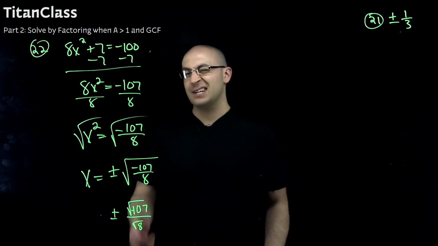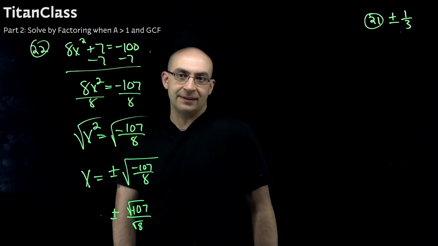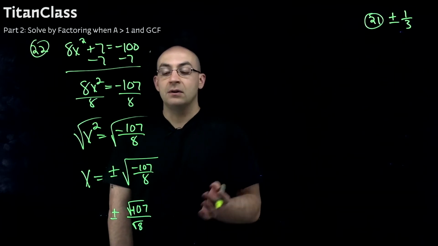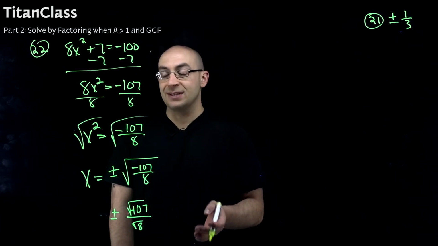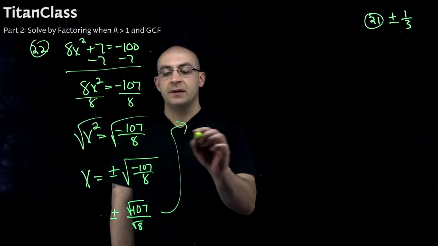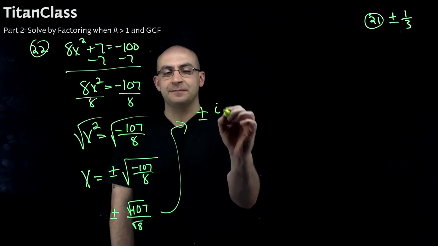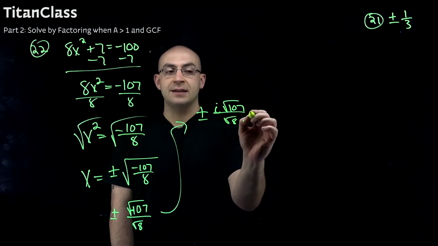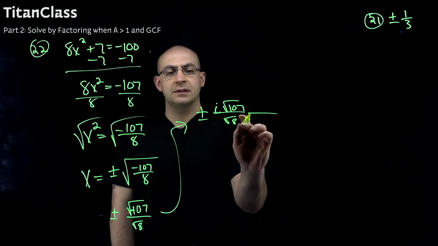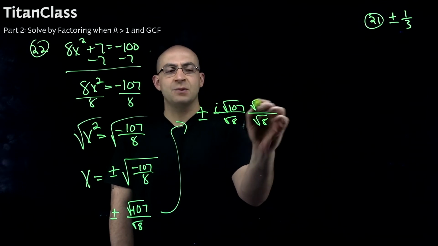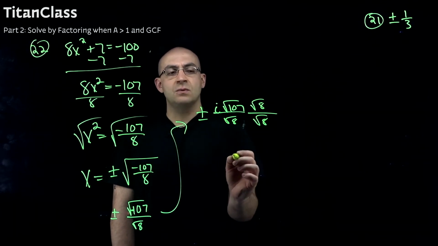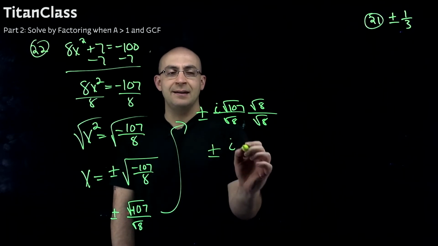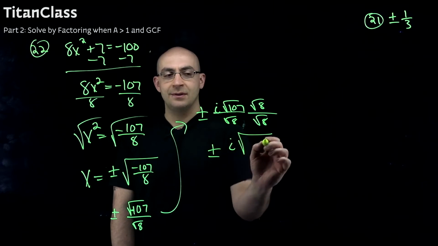But remember about rationalizing denominators, I can't leave the denominator like that. So first thing we need to do is there's a negative under that radical. We're going to take that negative out because that negative is just i. So let's go up here. Plus or minus i root 107 over root 8. So we're going to rationalize that denominator. Multiply by square root of 8 over square root of 8. Okay, so this is going to end up to be plus or minus i root